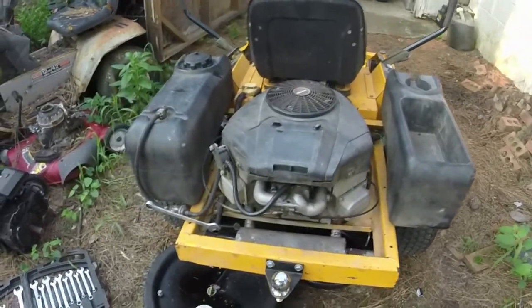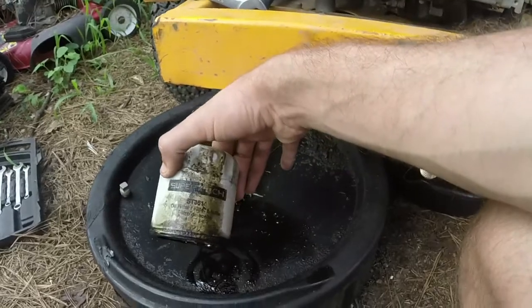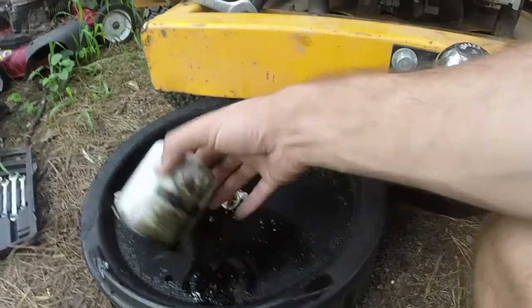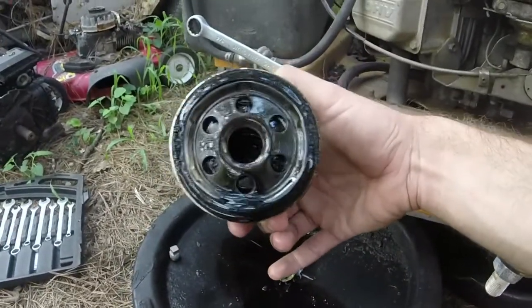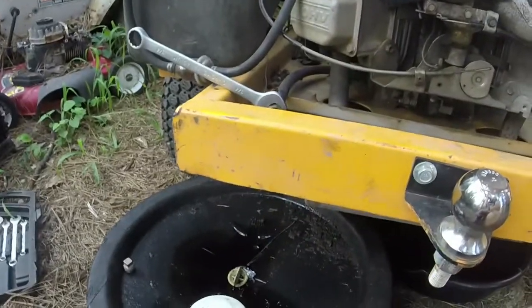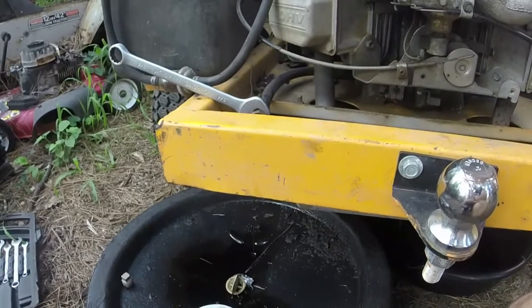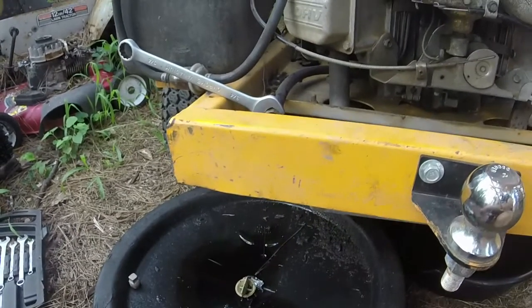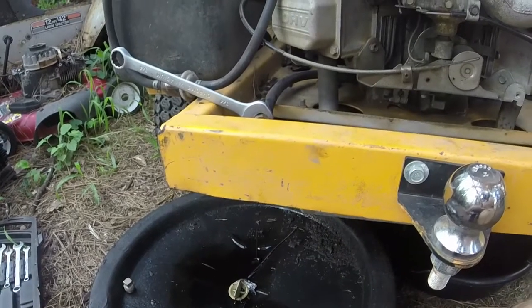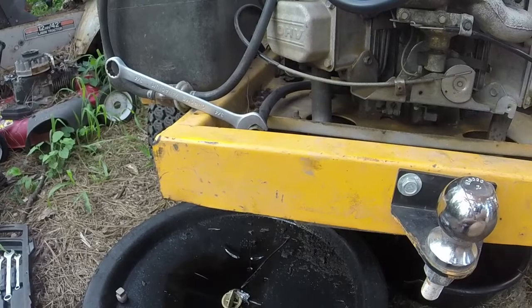So if there's any doubt about using lawnmower oil filters or automotive oil filters, it looked like this one did. All right. And as you can see, pretty dirty in there. So I didn't want to run it anymore until I changed the oil in it. So got this thing going. It's a slow drizzle. Give it a couple more minutes, and then I'll put the 2 quarts in it that it needs. I don't know if I showed you, I'll put the new fuel line on it as well